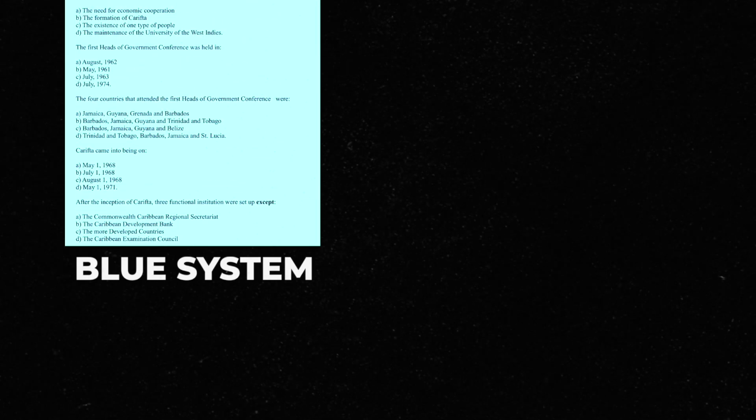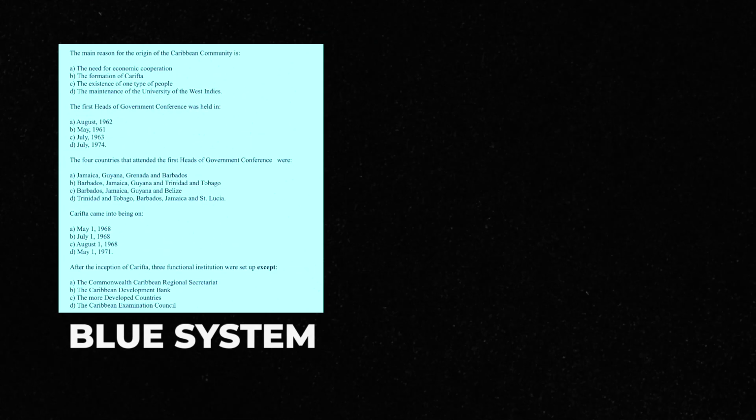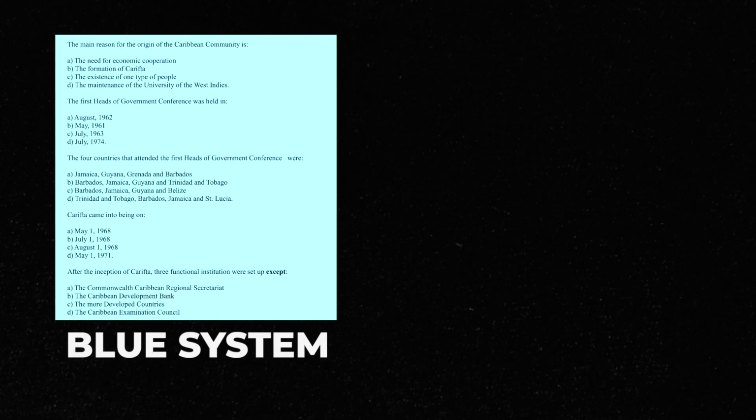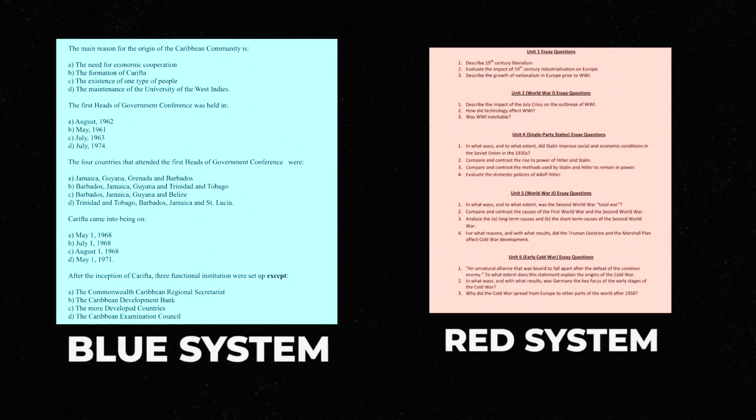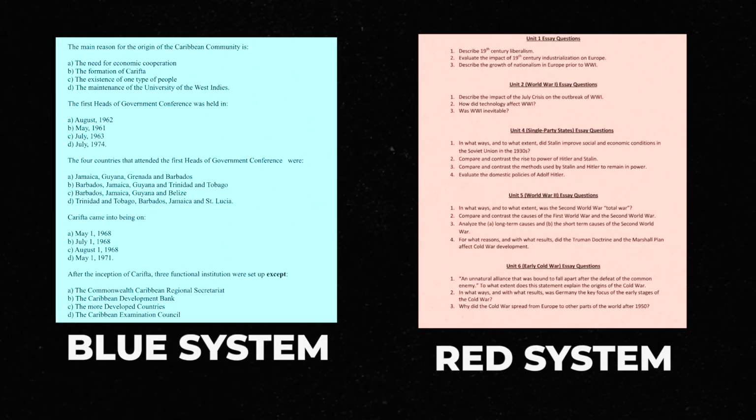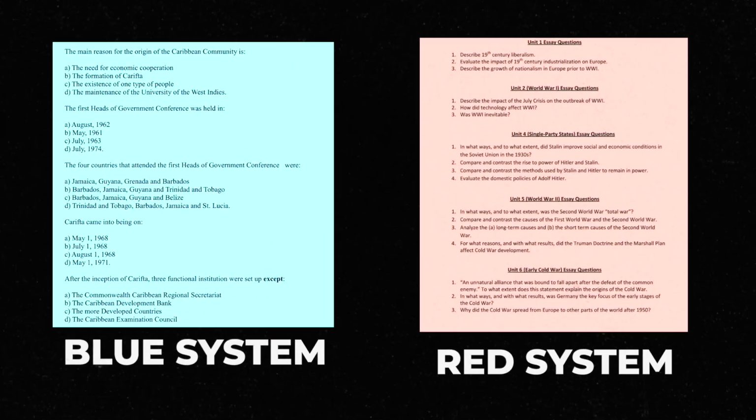Another difference falls to the type of assessment that each system uses. For the Blue system, they have much more multiple choice questions and questions with exact answers and very few subjective questions. Whereas the Red systems will use mostly subjective questions like essays and research papers. So while it does depend on individuals which type of assessment they prefer, there is a tendency to score lower marks on the subjective questions.